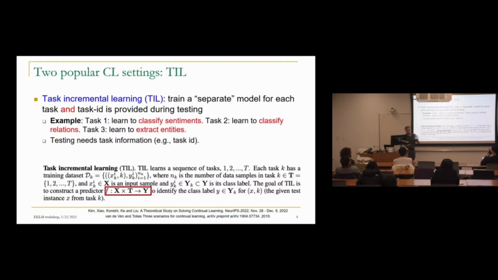So there are actually three main settings of continual learning. The first one is called task incremental learning. What that means is we are going to have lots of tasks to learn, but the individual tasks are independent. They are not interfering with each other. Okay, so for example,